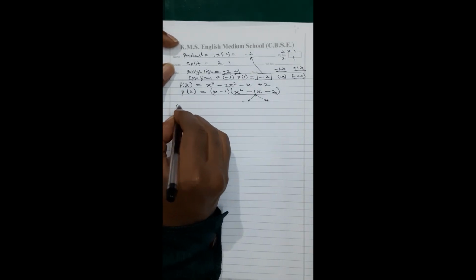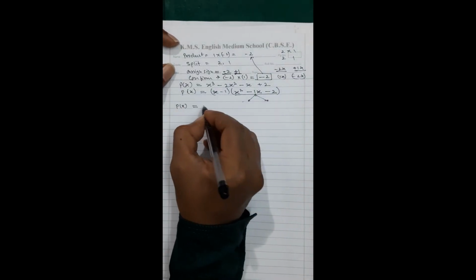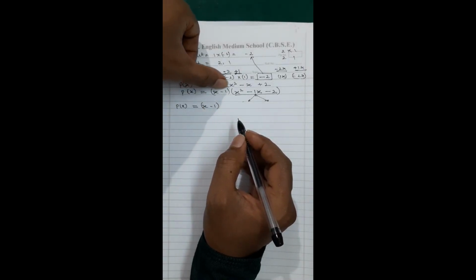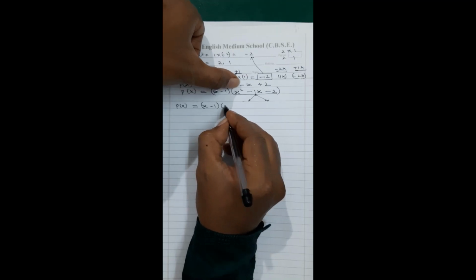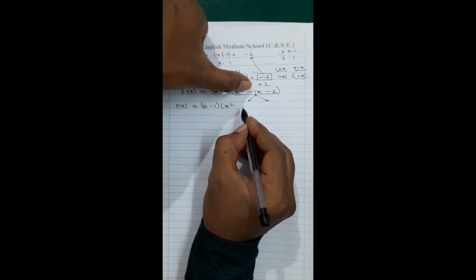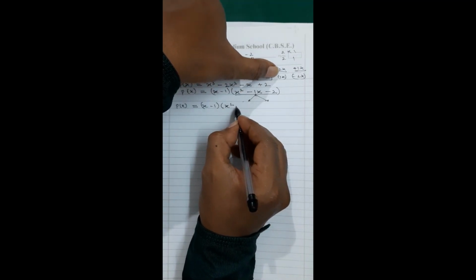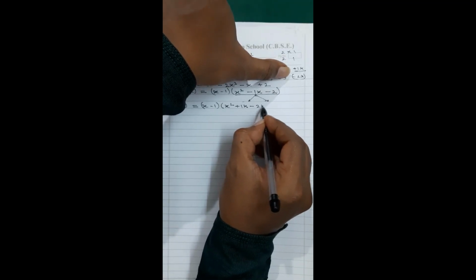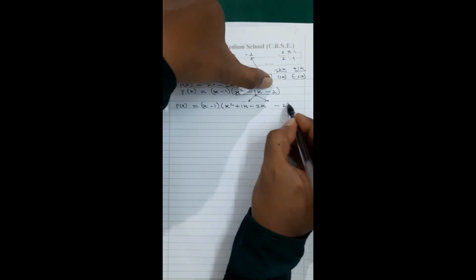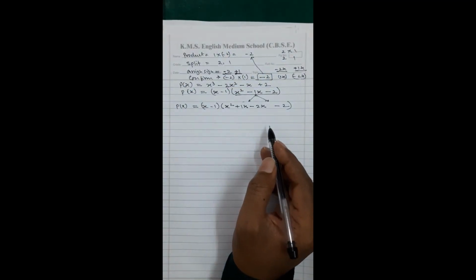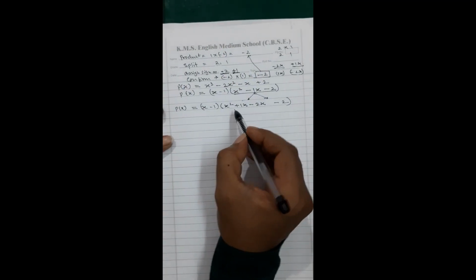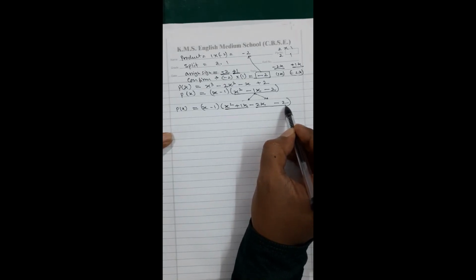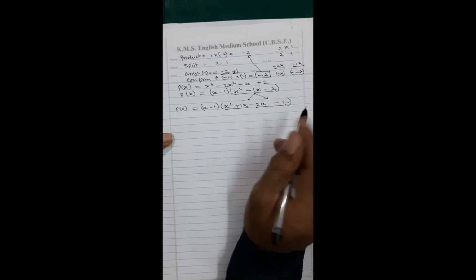So what I do over here is P of x is equal to x minus 1. Try to understand, this is all you have to copy. Bracket open, x square, but in place of minus 1x, I will write 1x first, plus 1x minus 2x. Minus 2 will be written over here. Now I will find the common factor here, and you have to be very careful. The minus sign will be going outside.